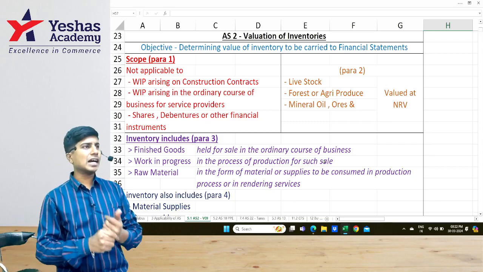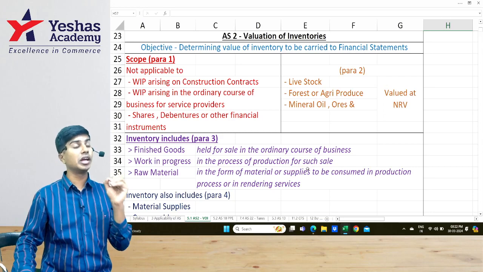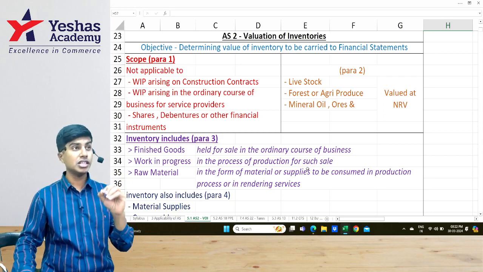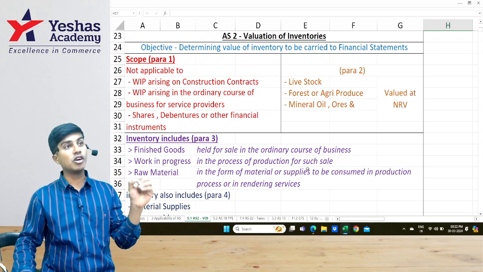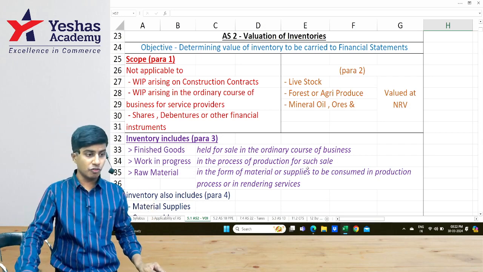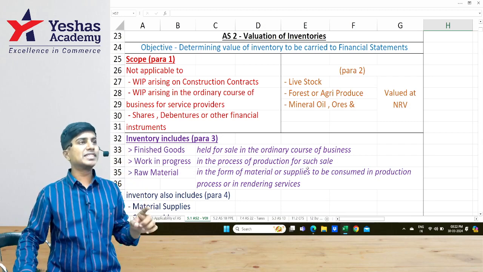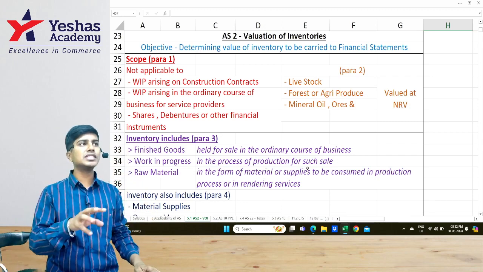Let's quickly revise accounting standard to valuation of inventories. The objective of this standard is to help us identify the value of inventories to be taken in evaluation of financial performance and also to evaluate financial position of an entity. The scope of the standard is given in paragraph 1, which tells us what are the items for which accounting